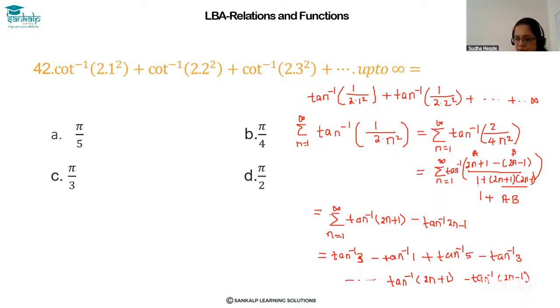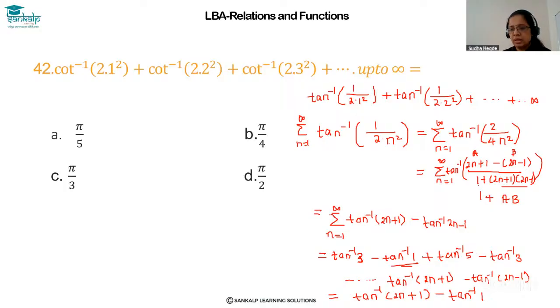As n tends to infinity, this term reduces to tan inverse (2n plus 1) minus this term, tan inverse 1. Okay,